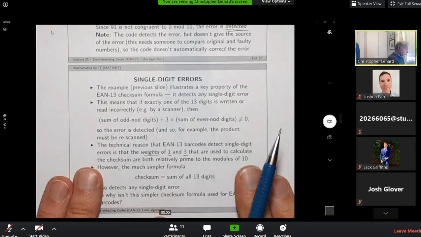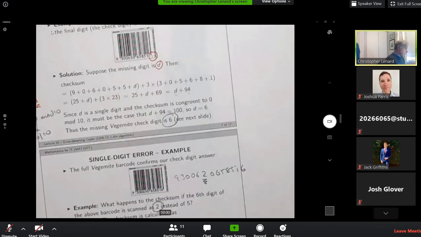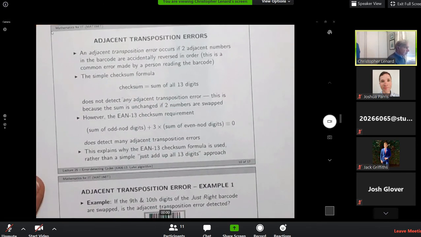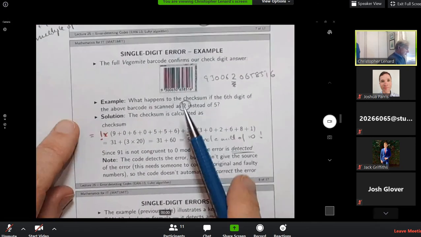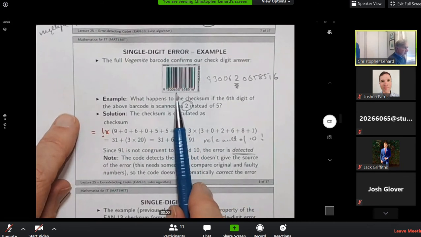So why would we bother using a more complicated thing? Well, it turns out that this more complicated formula will detect another sort of error,